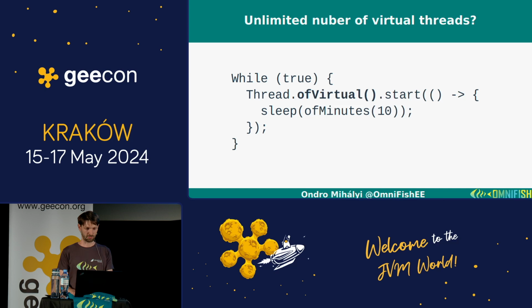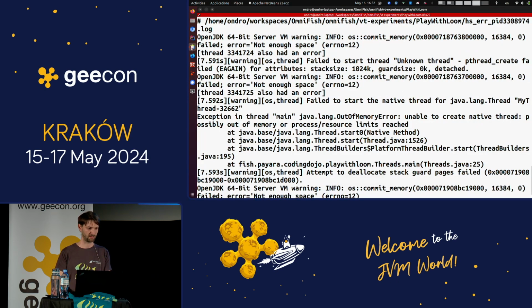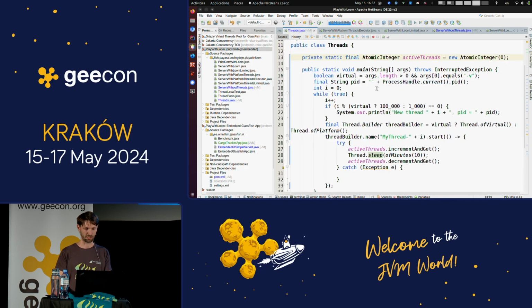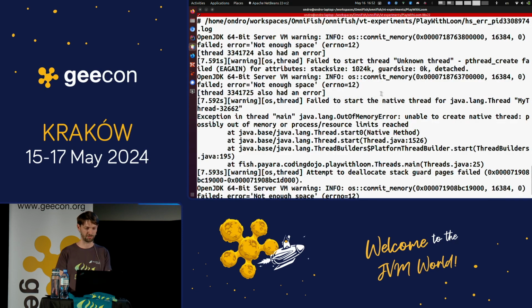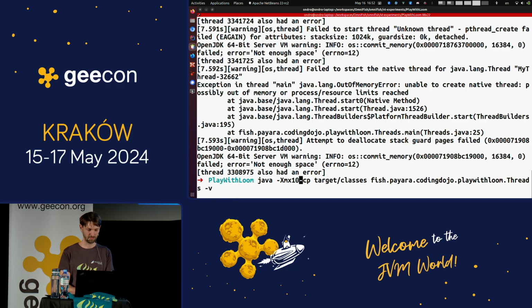And just to show you something, the same thing, but just with virtual threads, I'm going to create as many virtual threads as I can. And the only thing is, I change how I create them. So here I had the condition to create platform threads by default. But if I have the virtual threads, the -v option, and I'll rather increase memory size, or maybe 4 is enough, just to show you what happens.